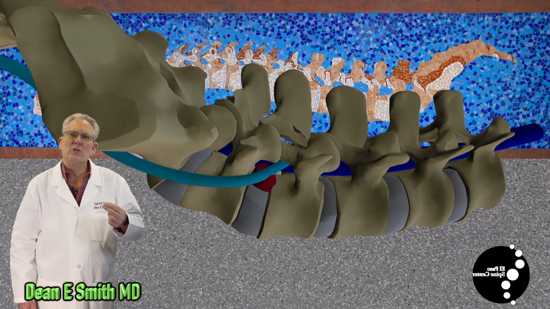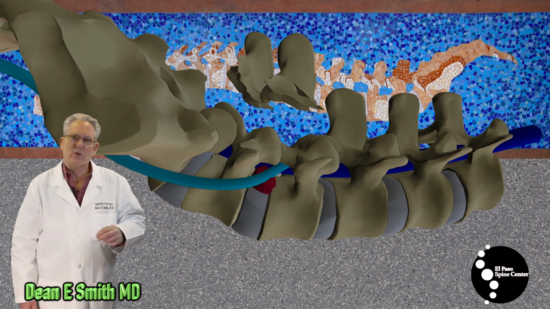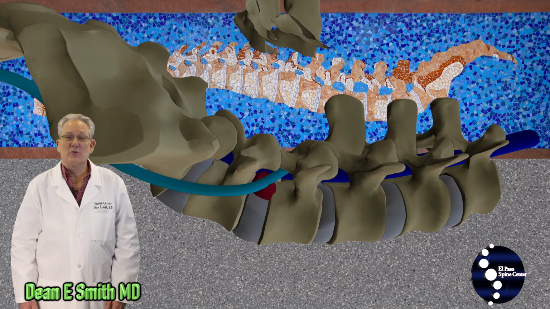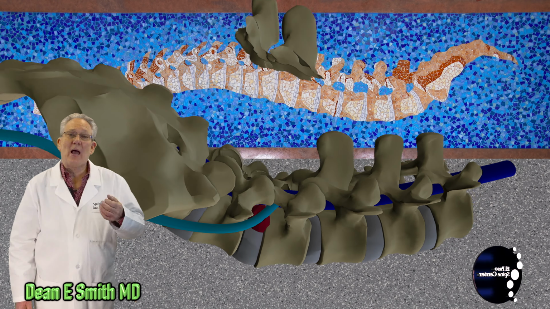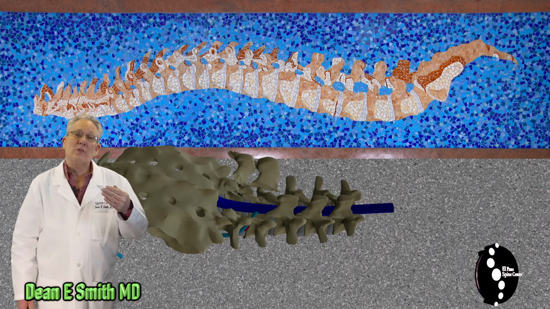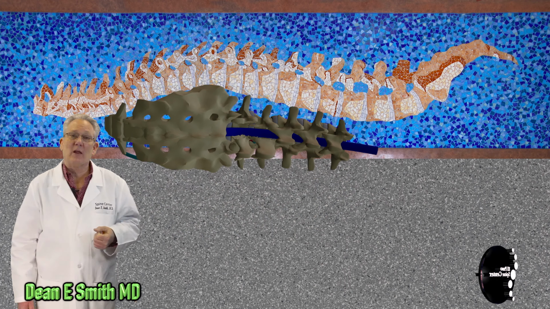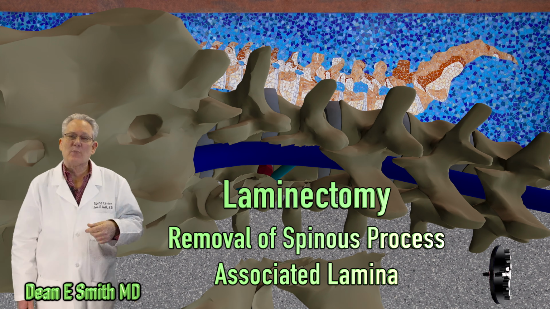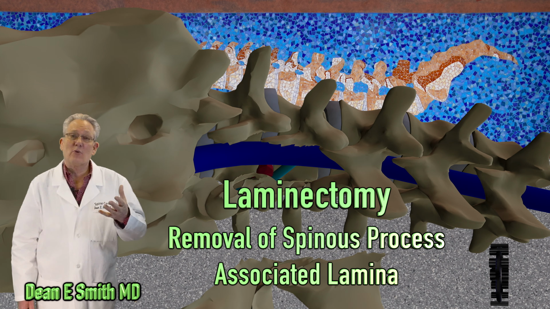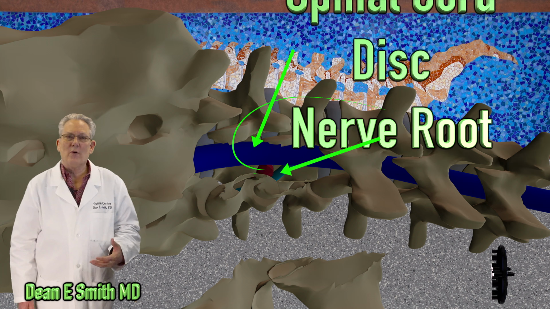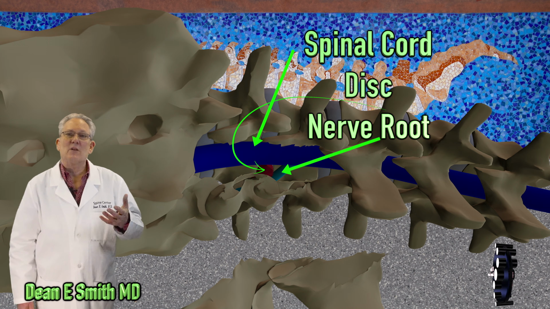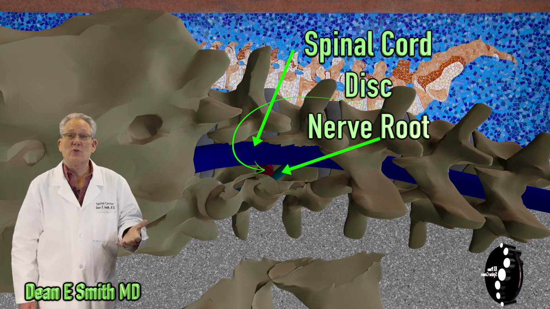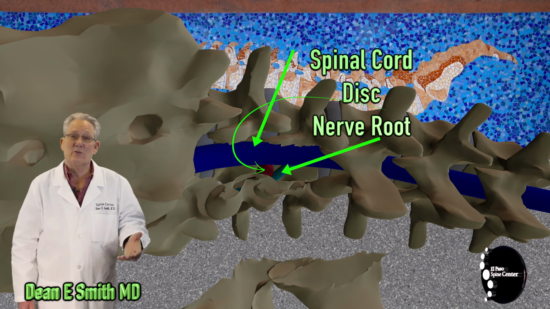In order for the surgeon to get access to the disc herniation, one option is a lumbar laminectomy. The surgeon is going to make an incision on the back of the spine, expose the back half of the bony spinal canal, and a laminectomy involves removing the spinous process as well as the associated lamina. The removal of the lamina is a laminectomy. This exposes the spinal cord, the associated nerve roots, as well as the disc herniation.